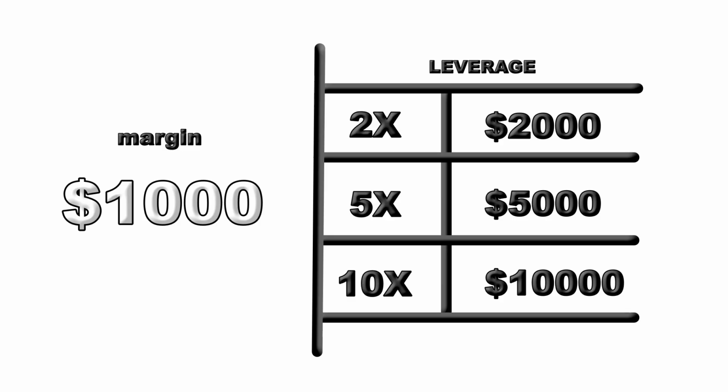Take, for example, you have $1,000. In futures trading, we have something called leverage. Applying a leverage of 2x to $1,000 means you have the purchasing power of $2,000. That is basically how leverage works. Whatever amount of leverage you want to use, you can add it to your initial amount, and this is going to give you more than your initial amount, right? But this does not only give you